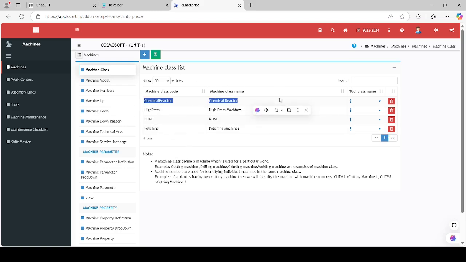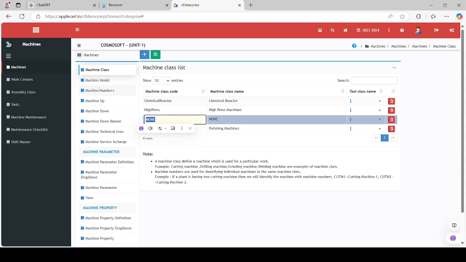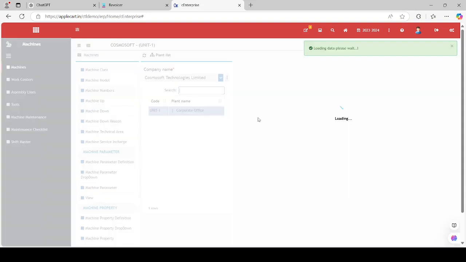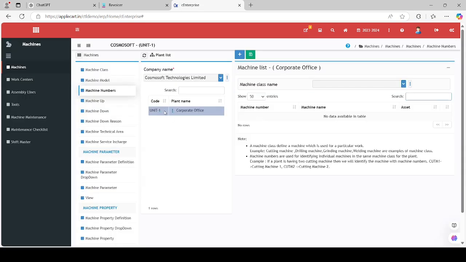If the machine is associated with tools or molds, create a tool class and attach it to the machine class. To configure a new machine, navigate to the Machine Number menu option, where a list of all plants will be displayed. Select the desired plant, and a screen for entering machine details will appear.